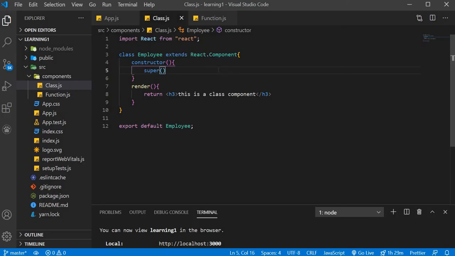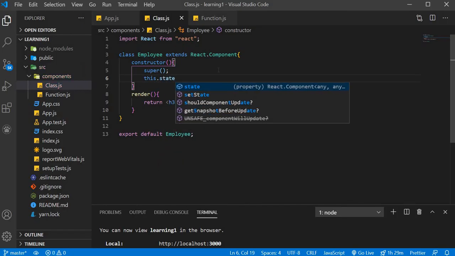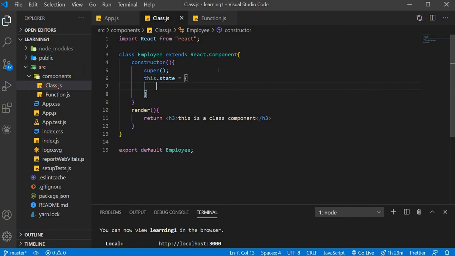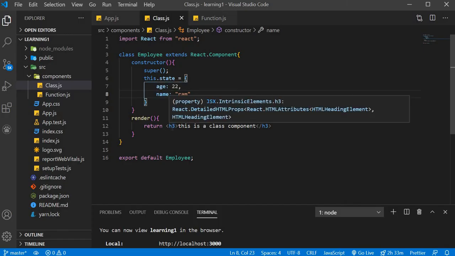Now your component has all the access of parent component, and let's say this.state equals to, see I am adding some properties of the employee, and then we can use that property in the render function. And set age of the employee, set 22, and the name of the employee, let's say Ram.